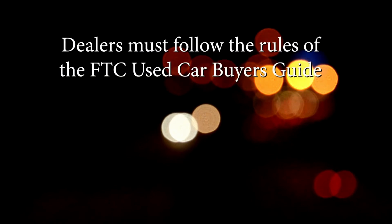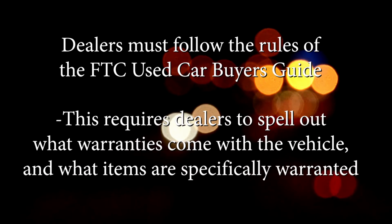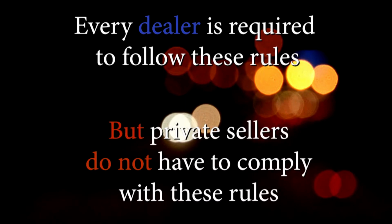Used car dealers are under a great deal of legal scrutiny under the FTC used car guidelines. These guidelines require dealers to spell out what warranties come with the used car you're buying and what items are specifically warranted. There are severe penalties to any dealer failing to comply with these FTC rules. On the other hand, private sellers do not have to comply with the FTC used car guidelines,